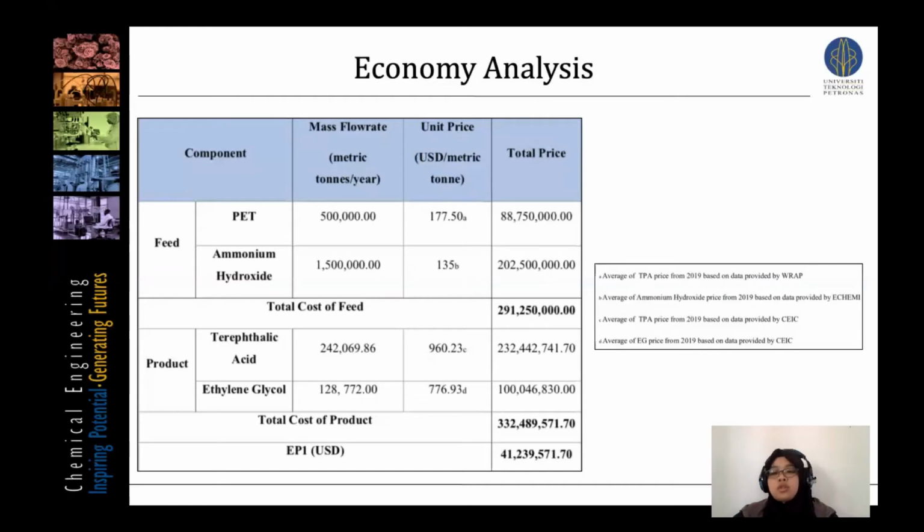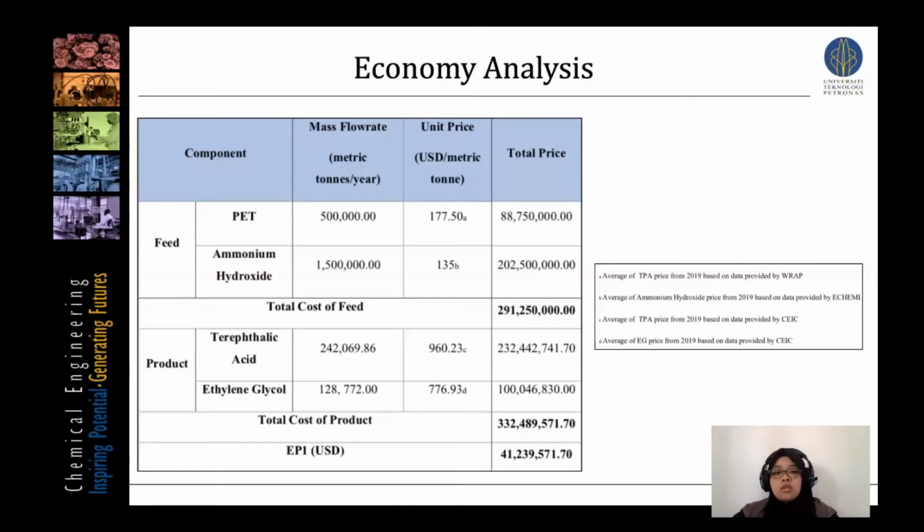Based on our literature review and research on the current unit price, we can say that the total cost of feed is 291,250,000 ringgit Malaysia, and the total cost of product for the terephthalic acid and the ethylene glycol is 332,489,571.70 cents. So to be able to have economic potential 1, we will have the total cost of product,